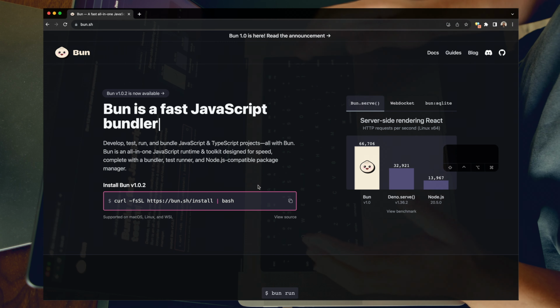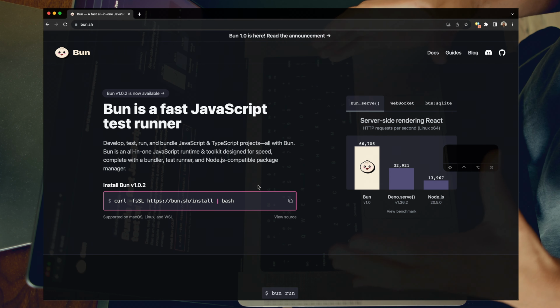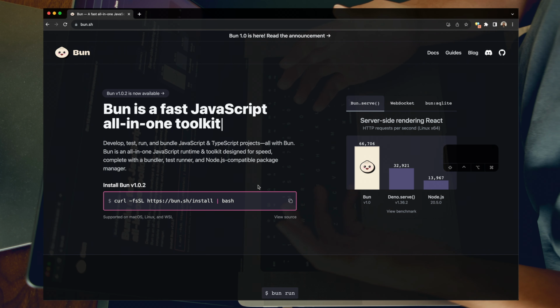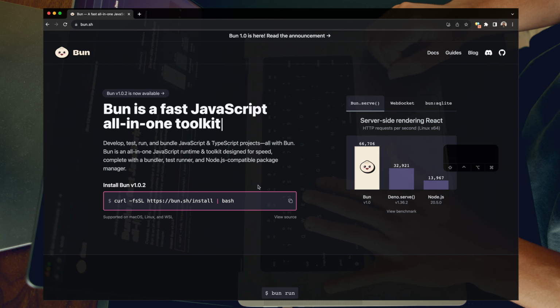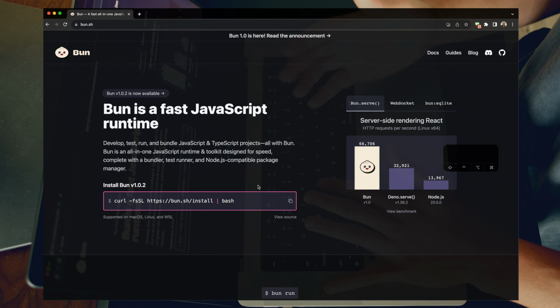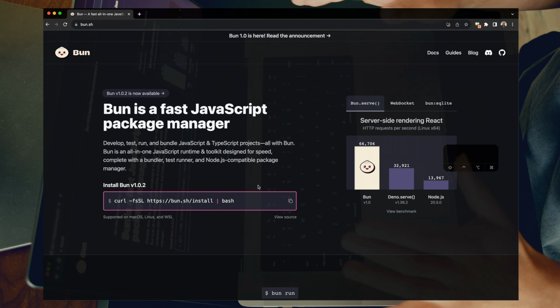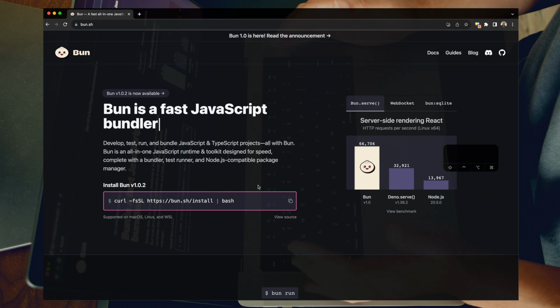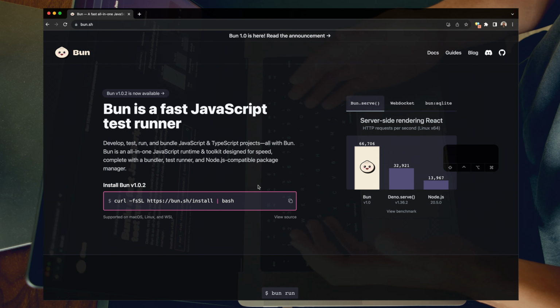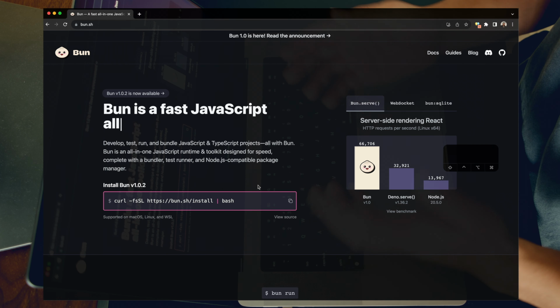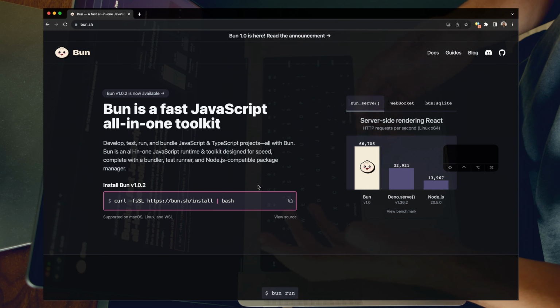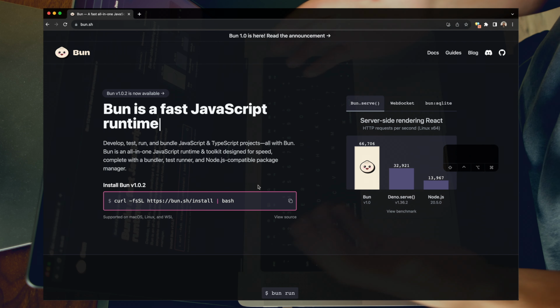I don't think that this is where their head's at. I think they probably understand that ecosystem risk and they don't want to create any type of lock-in like that. You would at least hope. But, just want to put that on your radar as you're thinking about trying this out, as you're looking through whether you want to spend your precious time learning a new software technology that may or may not work out. And even if it does work out, what are the trade-offs of that? I just want to call it out for you